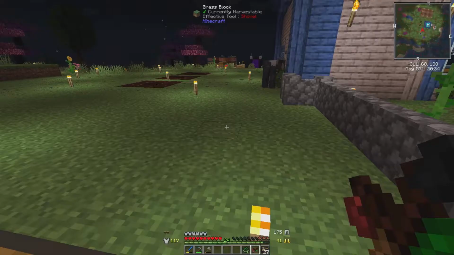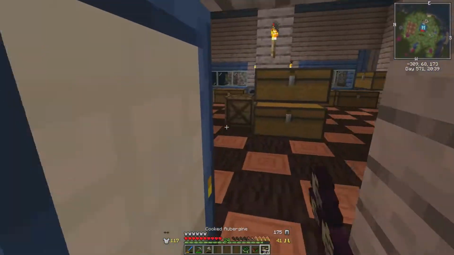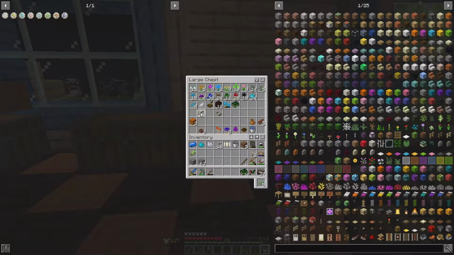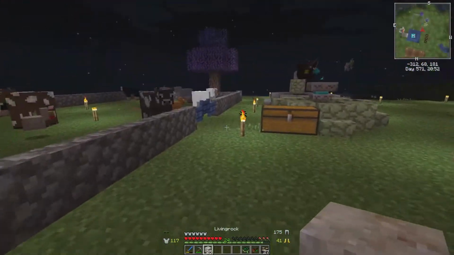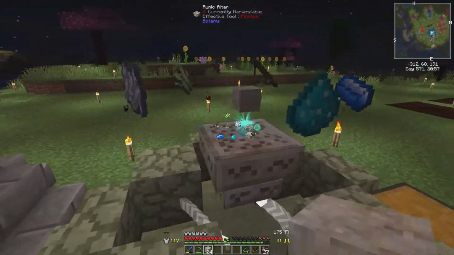I don't know why I was thinking regular rock. So let's go grab some living rock real quick. Which I should have over here, actually. We put the living rock on the altar. So we'll do that real fast. Boop, boop. And then